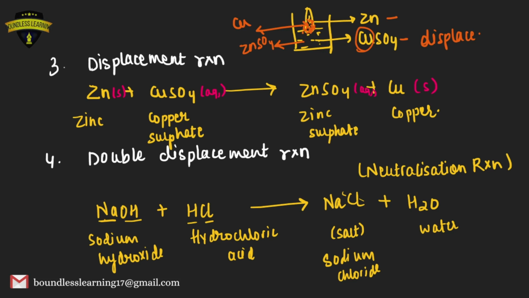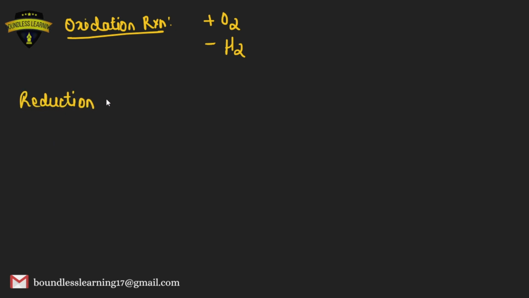अब एडिशनल कुछ रिएक्शंस आते हैं हमारे, जैसे ऑक्सीडेशन रिएक्शन। ऑक्सीडेशन रिएक्शन क्या होता है, ऑक्सीडेशन रिएक्शन में हमारा इधर एडिशन होगा ऑक्सीजन का या रिमूवल होगा हमारा हाइड्रोजन। जैसे इसके बाद आता है हमारा रिडक्शन रिएक्शन। रिडक्शन रिएक्शन में हमारा रिमूवल होगा ऑक्सीजन का या एडिशन होगा हाइड्रोजन का।